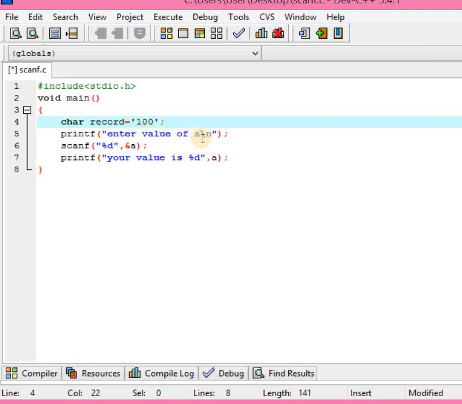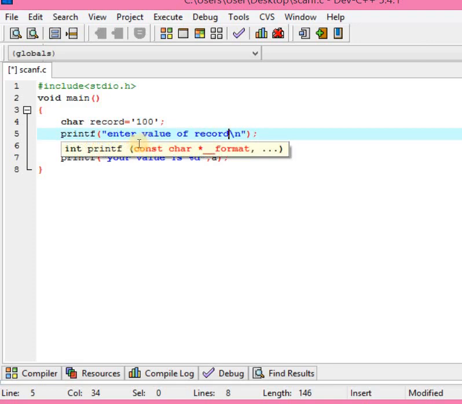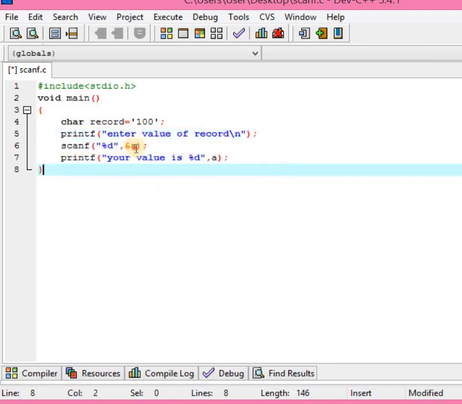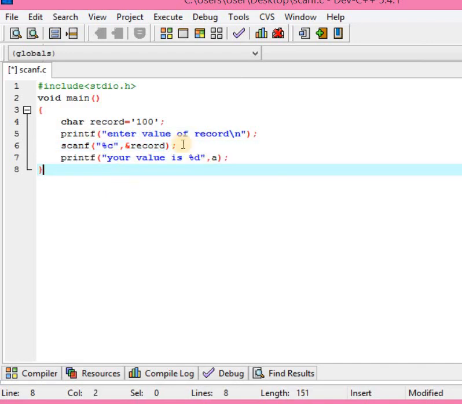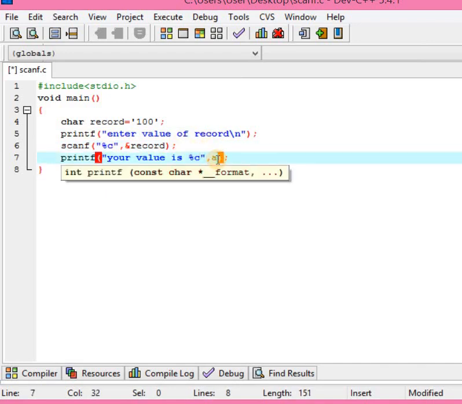Enter the value of a. Here we write ch instead of a. Here also ch. Here we are using char, that's why I use %c format specifier, here also %c, and here ch.